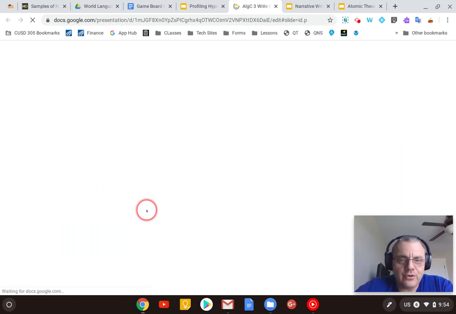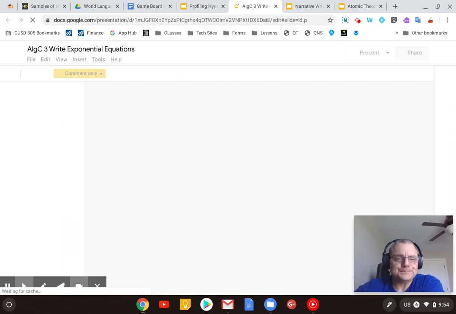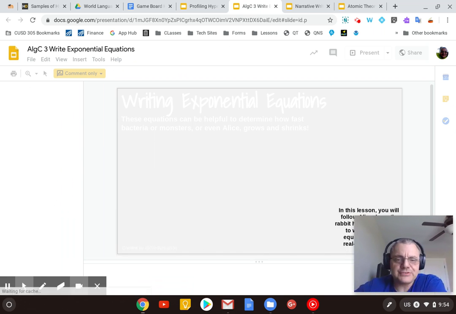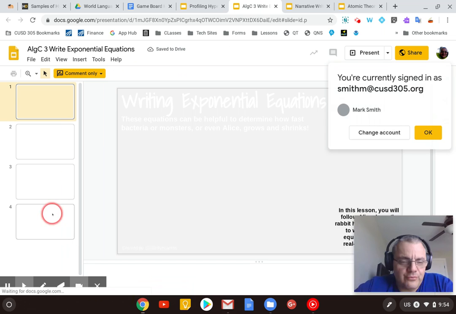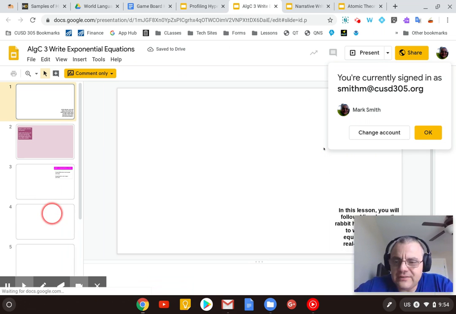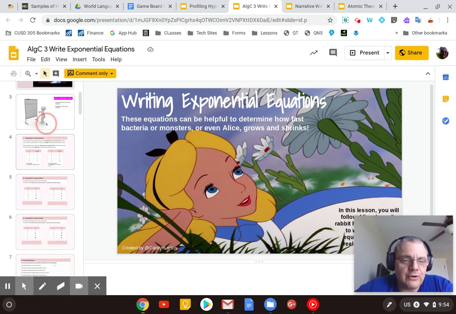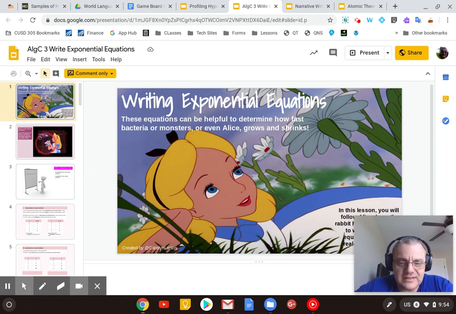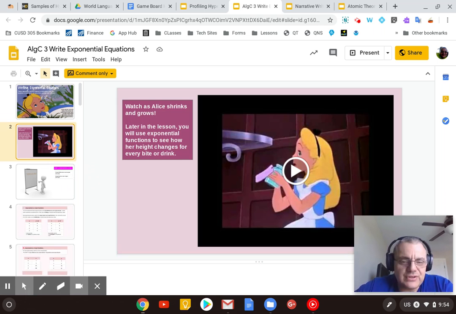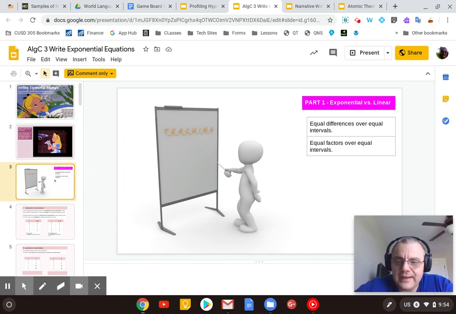Here's a math one for writing exponential equations. When you write exponential equations, it's trying to put a different twist on doing the same thing you have done before. And when it says writing exponential equations, again, there's a creativity part here, but it goes through the entire process and tries to engage by pulling in some videos. And you can see it's giving you what you're going to learn